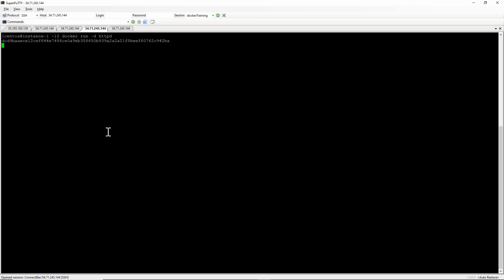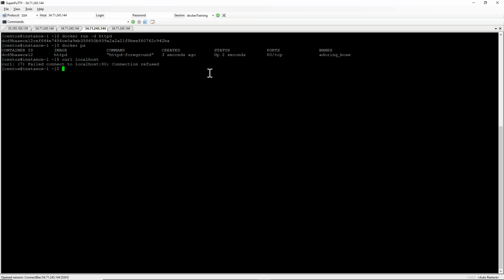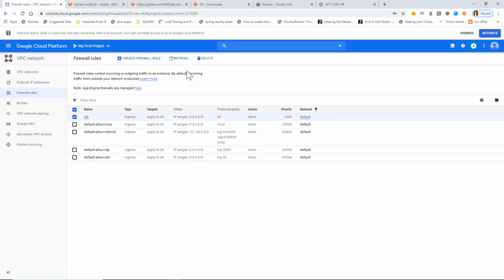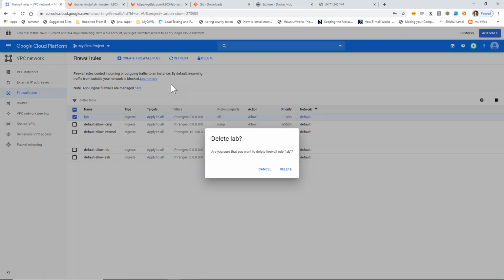Okay. Now this is running. So if you type curl localhost, connection refused. Let me remove this and add one more time.